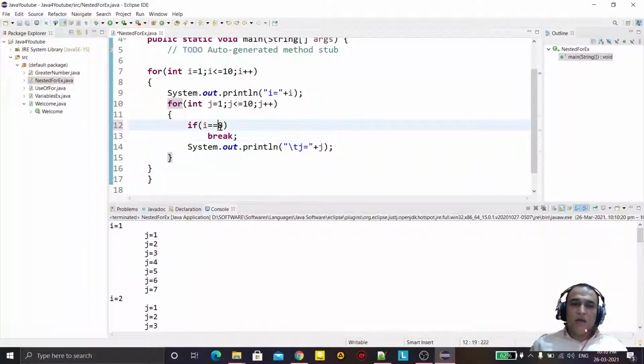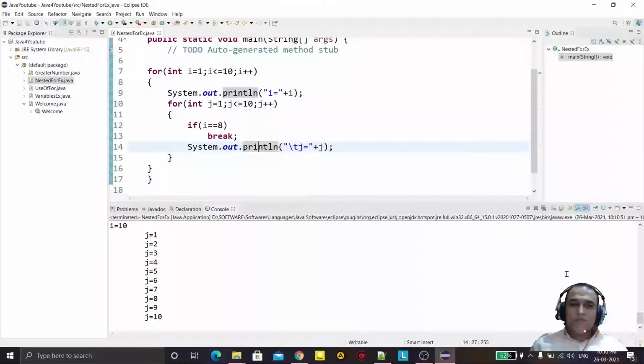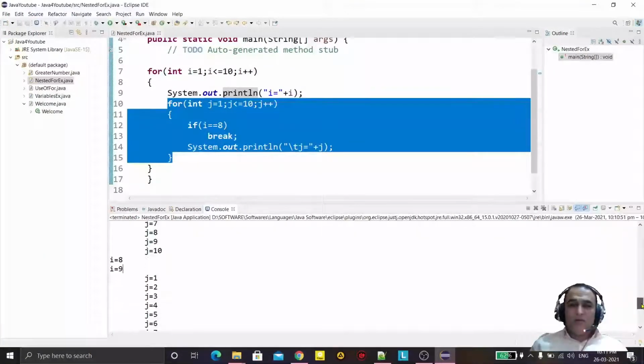You see, if i is equal to 8, and I run this again, if the value of i is 8, then it will break, but it is running. Only the value 8 exits from the for loop, but the remaining 9 and 10 are running. So how can we break the outer loop also?